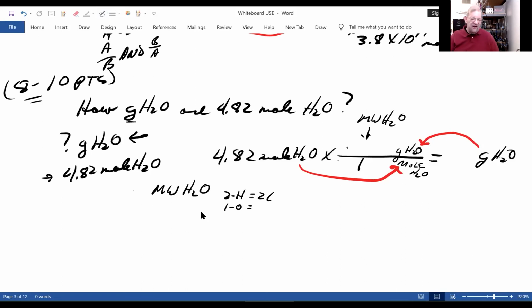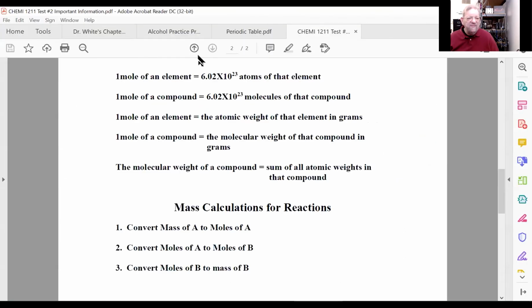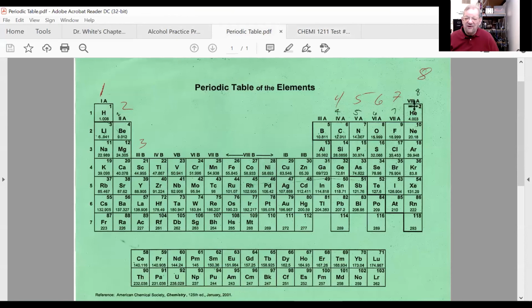How do we get the atomic weight for an element? You go to your friendly neighborhood, not Spider-Man, but periodic table. That's the first and last time I'll use that joke, maybe. But anyways,